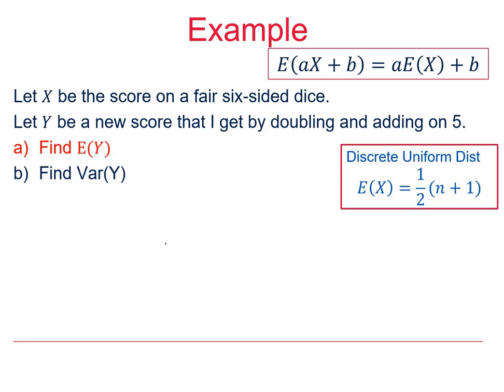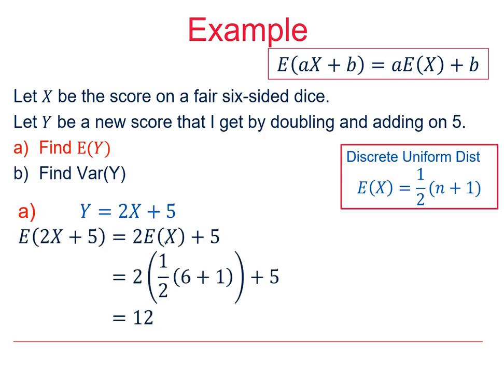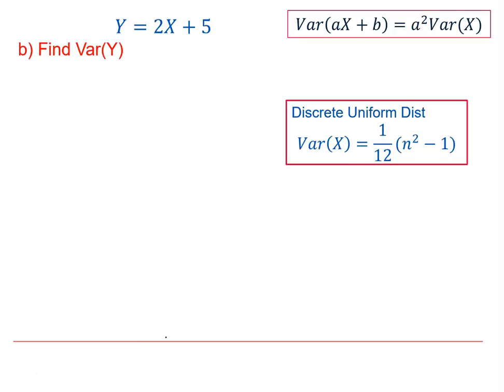And if we look at that written out a bit neater for you here, we know the expected value for x is 7 over 2, which is here. 2 multiplied by 7 over 2 plus 5 gives us the expected value for y as 12. So for our discrete uniform distribution, the variance is 1/12 n squared minus 1, so for this it would be 1/12 multiplied by 36 minus 1,